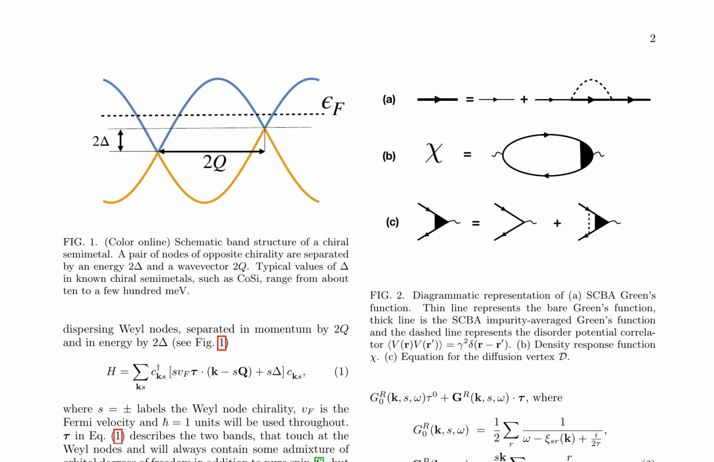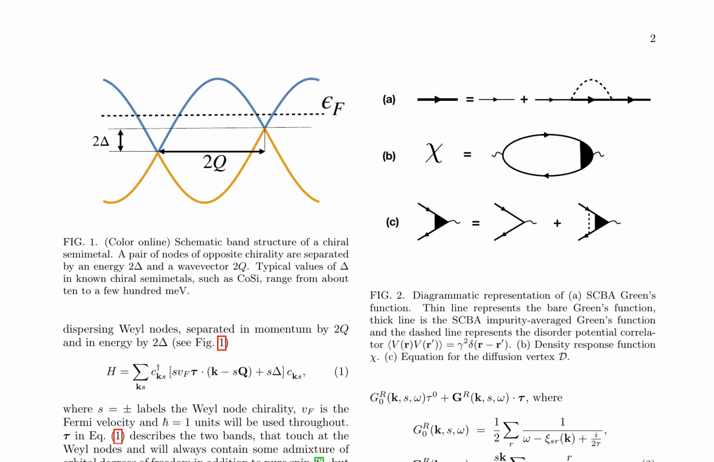Impurity scattering is accounted for using the standard diagrammatic perturbation theory, specifically the self-consistent Born approximation, SCBA, and ladder vertex corrections. This approach allows for the evaluation of the impurity average Green's function, crucial for calculating the density and spin density response functions. The authors then derive the transport equations using the retarded density matrix response function, which describes the system's